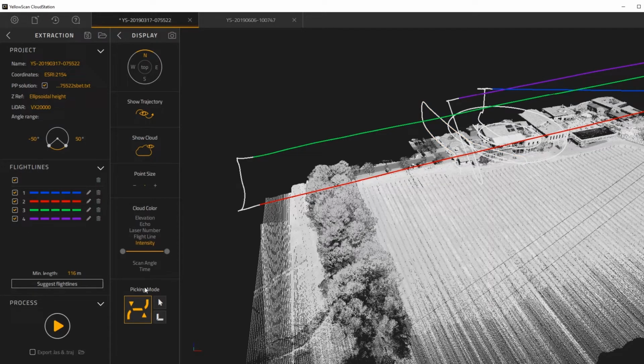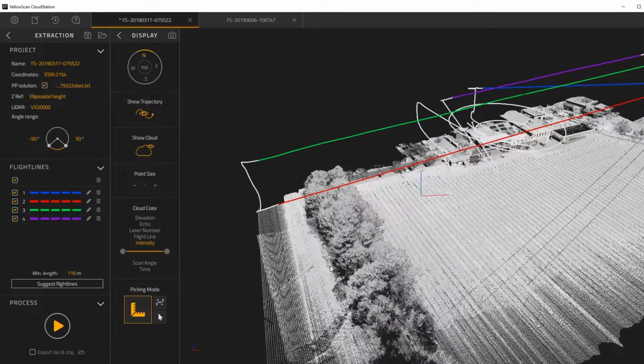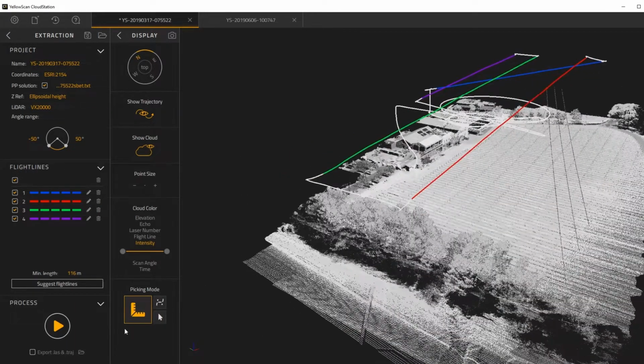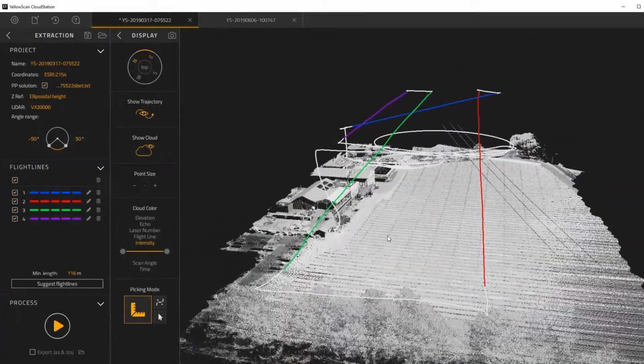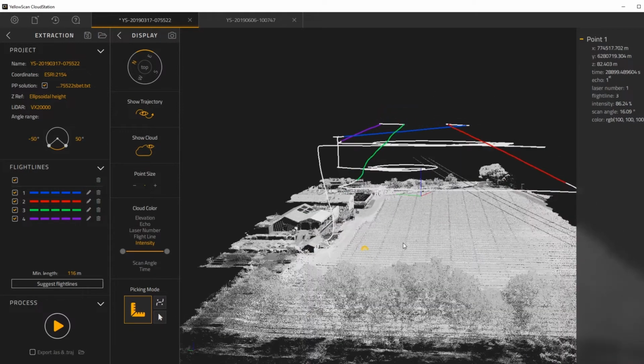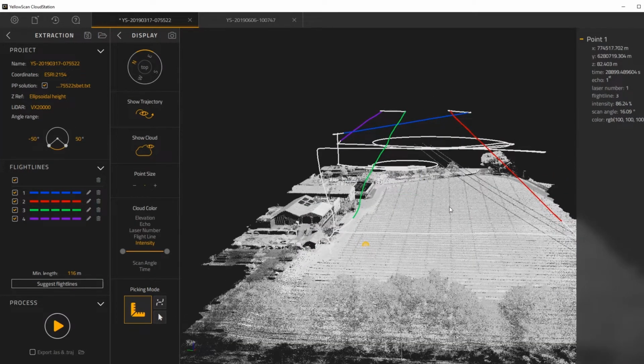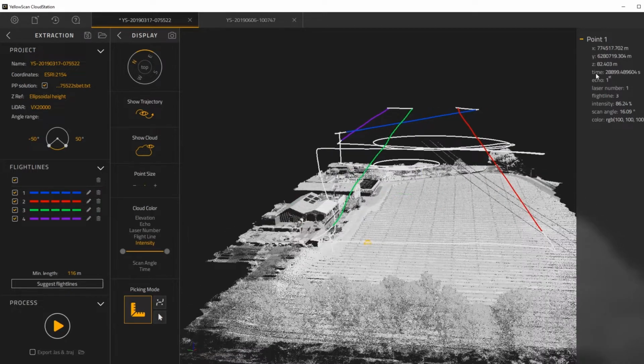An extra mode would be the measurement mode. So once I'm on this measurement mode, I can do several things. I can click on a first point. This will give me some attribute data of the first point, including position, time, echo number, and attributes from the last file. And if I click on the second point from the trajectory, for example,